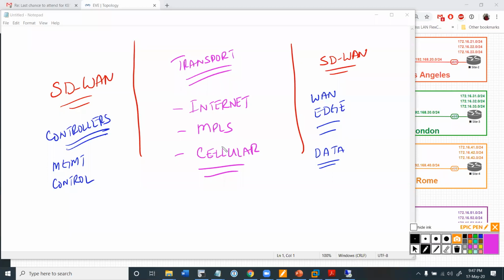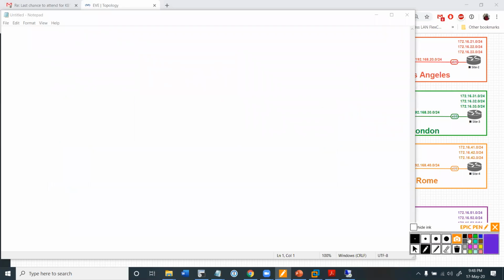You have controllers, you have the WAN edges, the actual data devices, and then you have the transport in the middle. Now, why SD-WAN? What does it do? How does it help us? The first thing it does is it moves us from a network that is reliant on per device configuration